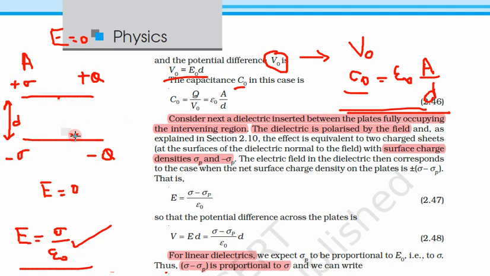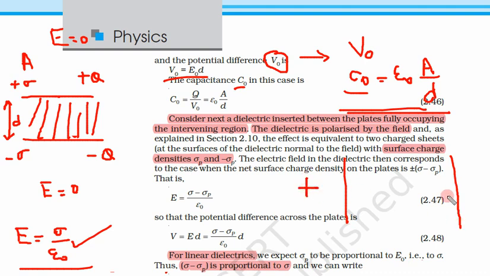We have this parallel plate capacitor and we have inserted some dielectric inside. So there is a dielectric. We filled this with some insulating or dielectric material. Now as before, the dielectric is polarized by the field. You have seen this diagram, that there was one positive plate, another one was negative, and the charges will become like this, negative, positive. So this dielectric becomes polarized. And because of this dielectric, this side becomes negative and this side becomes positive.